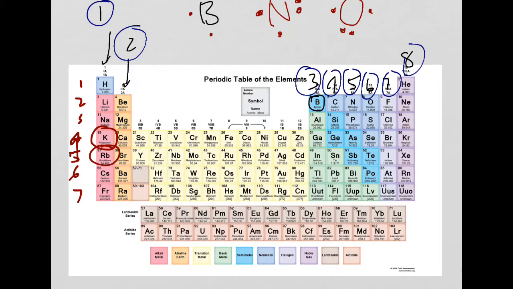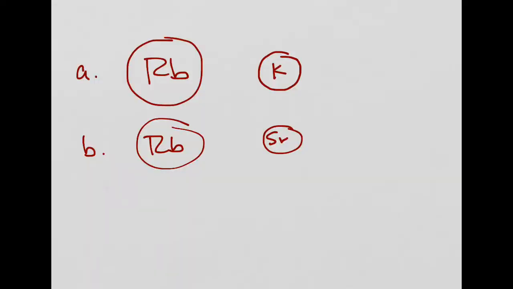So if we go back in here, you can see that rubidium is back here, and here's our rubidium, here's our strontium. So instead of being above rubidium, as was potassium, strontium is now to the right. Okay, and if we go over here, we understand that as you move from the left to the right, you increase the number of protons